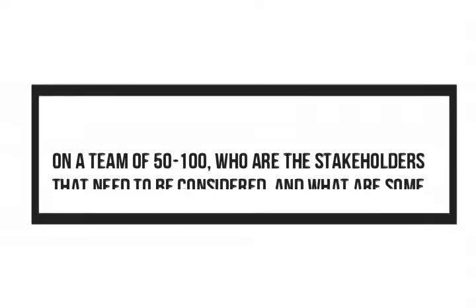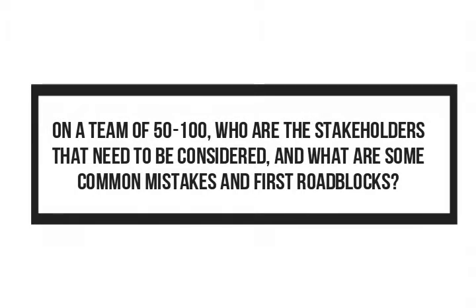I want to get a sense. So imagine that you're in a company of say 50 to 100 team members, let's start there, and you're thinking we need some sort of consistency in the information that we're trying to communicate with our team members, whether that comes from a sales training or a customer support training. Who are your stakeholders? That's the first question. You talked about stakeholders a little bit. Which types of stakeholders maybe get left off from time to time and maybe forgotten about? And you mentioned a few common mistakes that can happen there, but I'd love it if you could talk to that specific team size or what might be their first roadblocks.